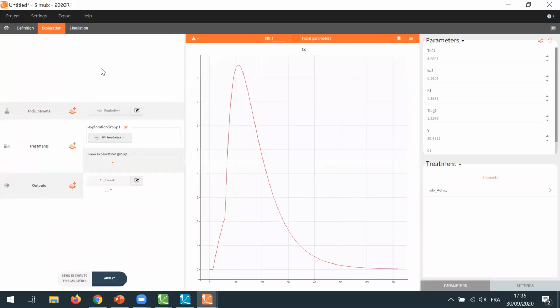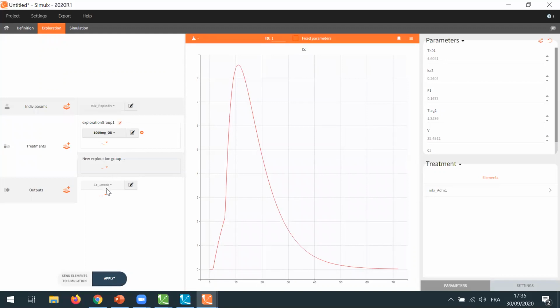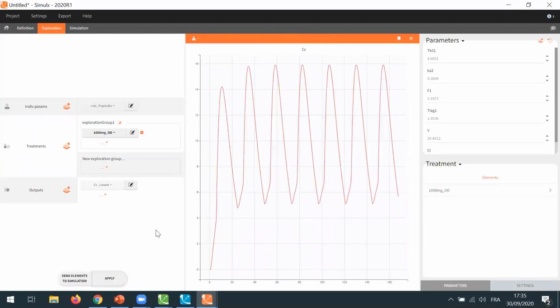In exploration, the left panel here is the list of elements used for the simulation. By default, the exploration simulates a typical individual using the typical population parameters estimated by Monolix and saved in MLX PopIndiv. And now I can choose my new treatment, and the output has been chosen already. So I can apply, and I get in the middle the prediction based on these elements.